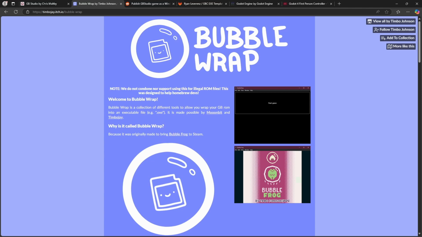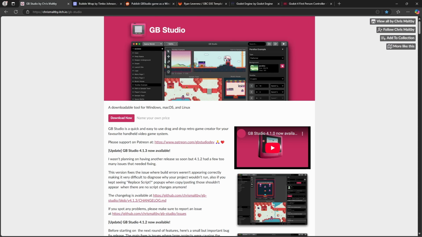Bubble Wrap. Now, some people may be thinking, well, what's the point of a way of wrapping up a ROM file for the Game Boy? Because that's illegal. ROM files are piracy and all of that. That's not actually true. With tools such as GB Studio, a very simple and easy to use system, you can create your very own Game Boy games from scratch and then release them and sell them and whatever. And having a way of wrapping them in an executable means that then you can legitimately sell them on stores